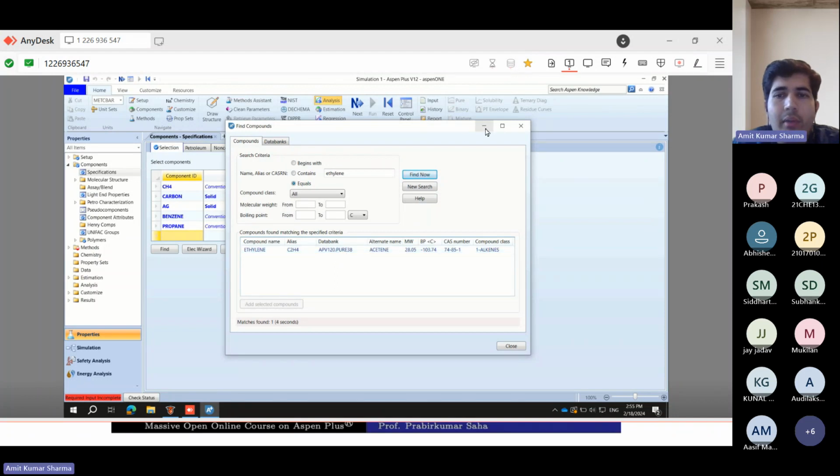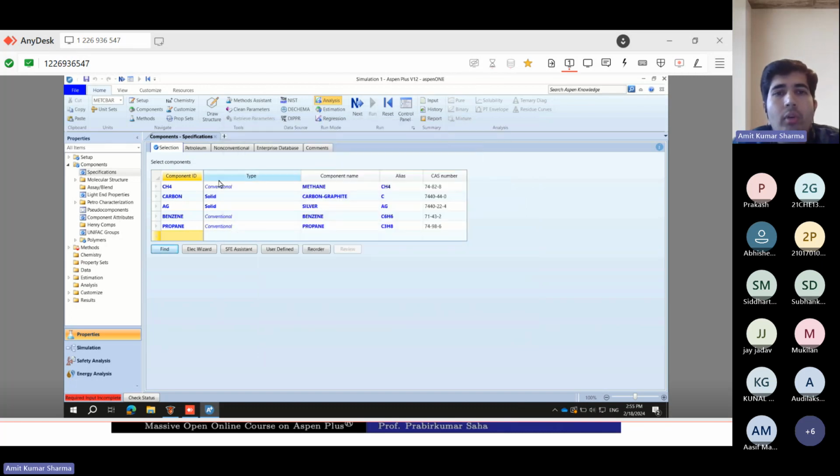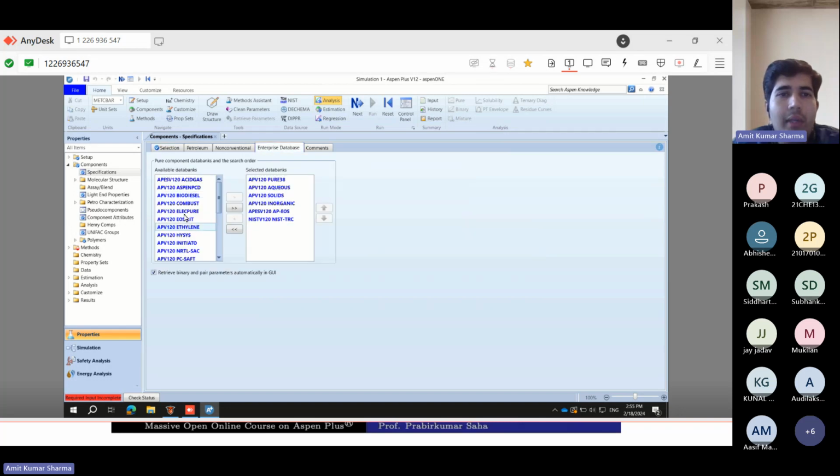If you select it, it will take this ethylene from this data bank. But now suppose you want to use another one. We have the available data banks and we have this data bank, a proper data bank for ethylene. So just select it, then move it to the right. You can increase the priority. The priority starts from top to bottom.